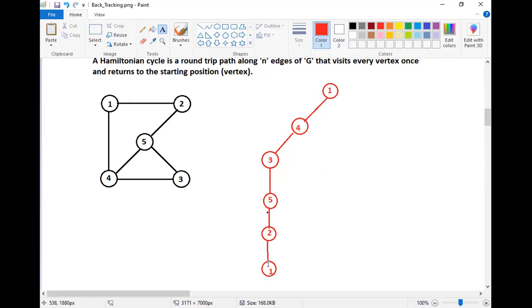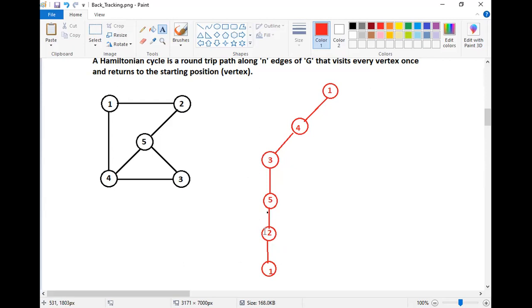From this leaf node, I have to backtrack. Means from node 1, where I will come now? To the 2. From 2, where I will go? From 2, are there any other possibilities? See, now